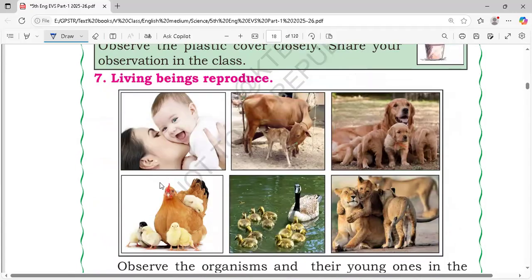Seventh characteristic is living beings reproduce. They produce a similar kind of baby. Therefore, living beings reproduce. Here, human